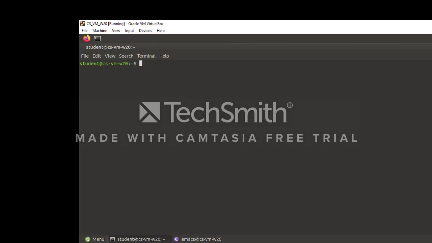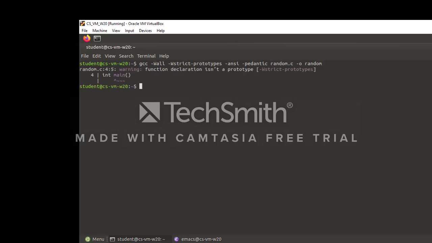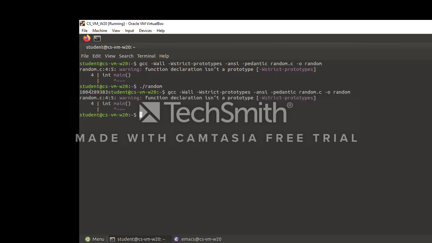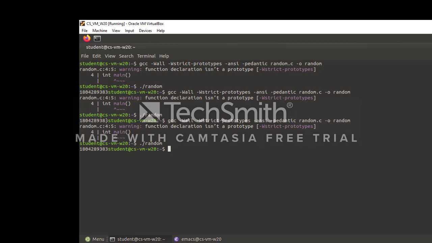Okay, now compile the program, run the program, and you can see that a random number is being printed at the output screen. Now compile it again, run the program again, and you can see that the same number has been printed at the output. It is a random number, but each time you compile and run the program, the same number will be printed at the output screen.